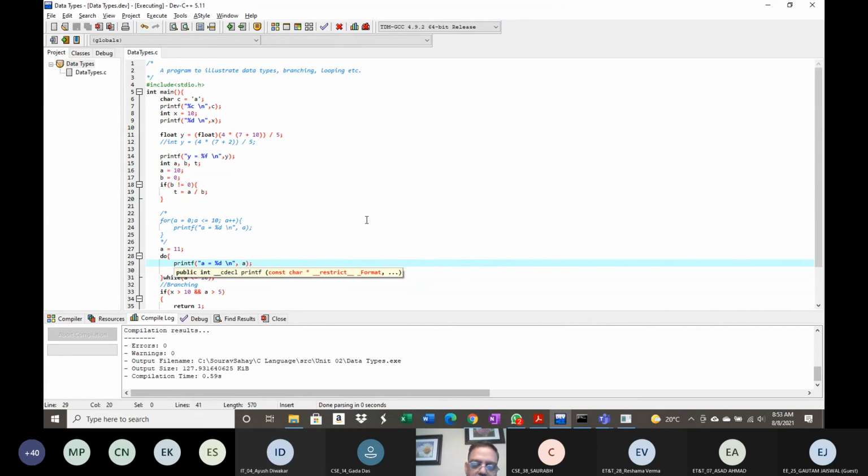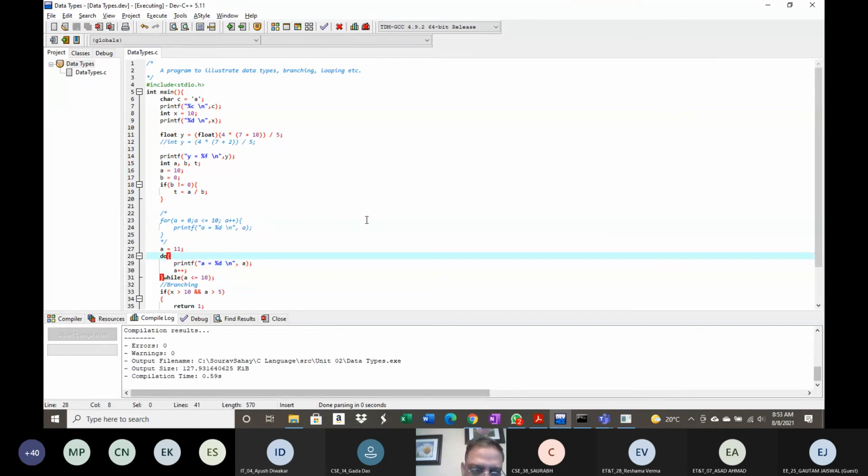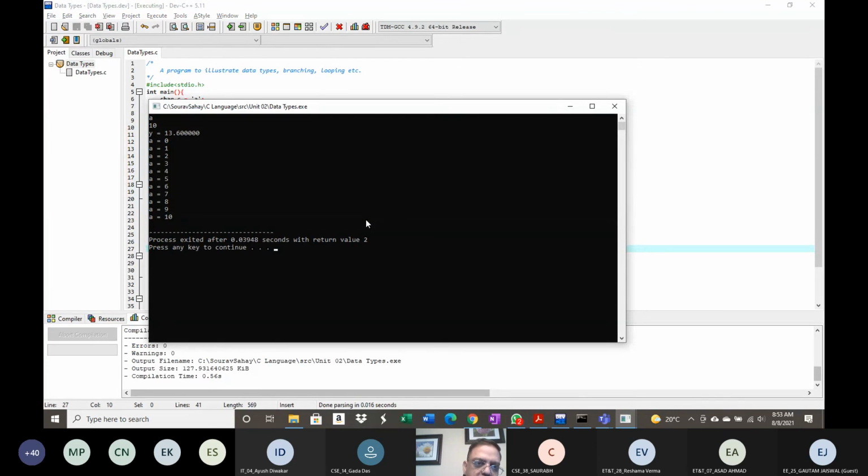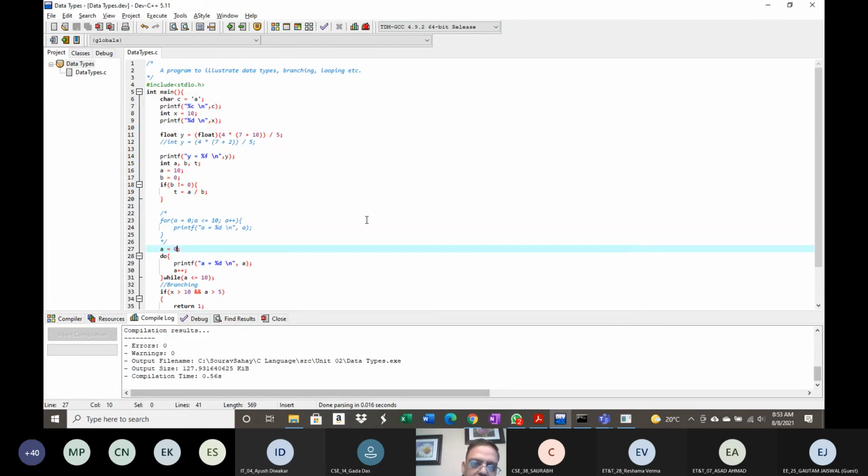Again, this will depend upon your requirements. In some cases, a do while will be necessary. And needless to say, if I initialize this to 0, then it will execute the way it was executing earlier. One more thing: a do while has to be ended with a semicolon because it is a statement. Keep that in mind. So these are the three types of loops: for loops, while loops, and do while loops.